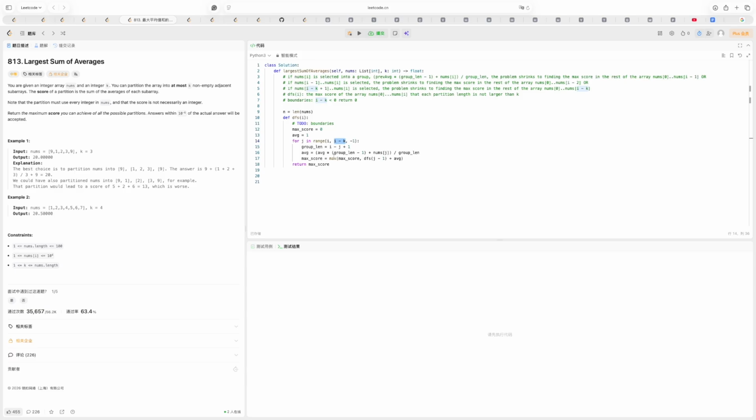If the selected one is i, then if we cannot select, the first will be i, and then the last one will be 0 to i, and the length should be k. Yeah, so this is correct, but